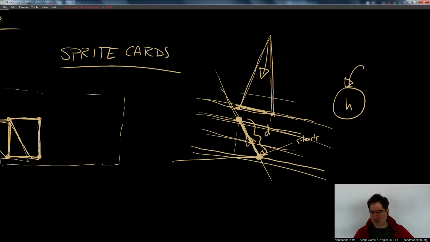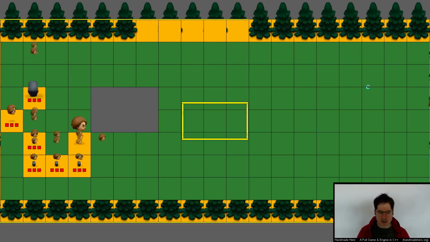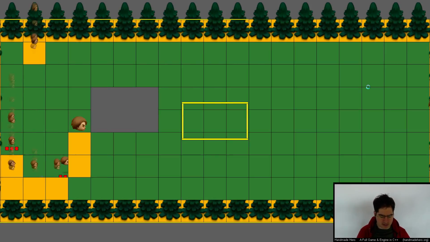So the bitmap is going to prescribe this. I know this vector and this vector, and I just want to go as far up as I need to produce this h. And that's the first step. That's only the first step because that won't correct the shear. It will produce the correct height, but it won't correct the shear. So if we take a look here, and you look at what's happening, well,